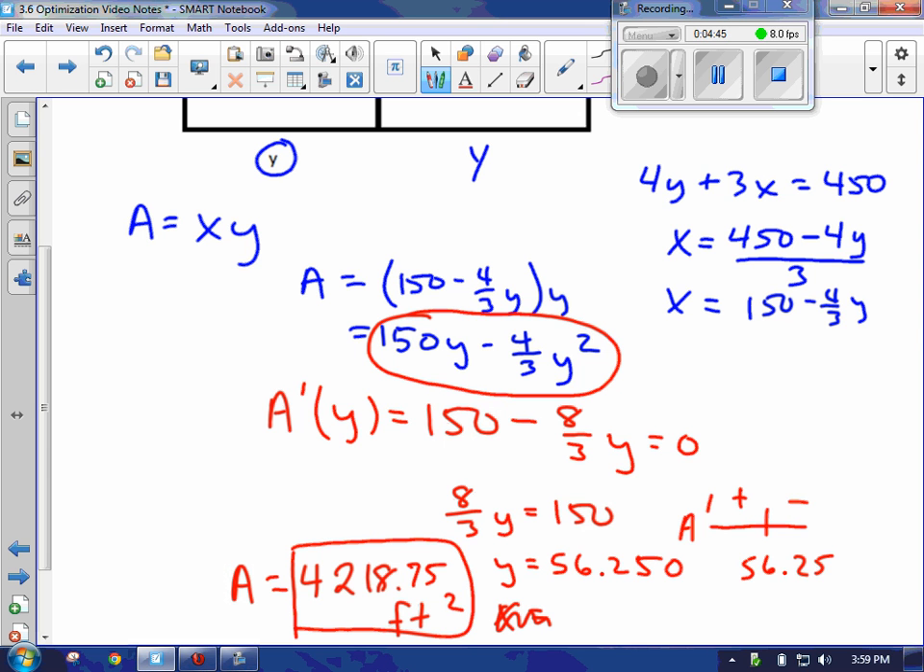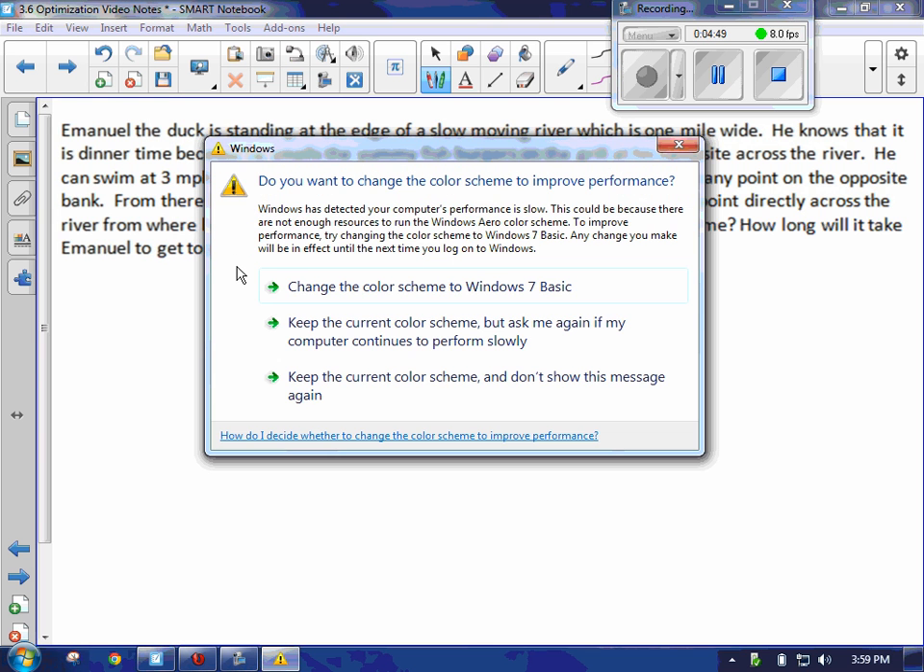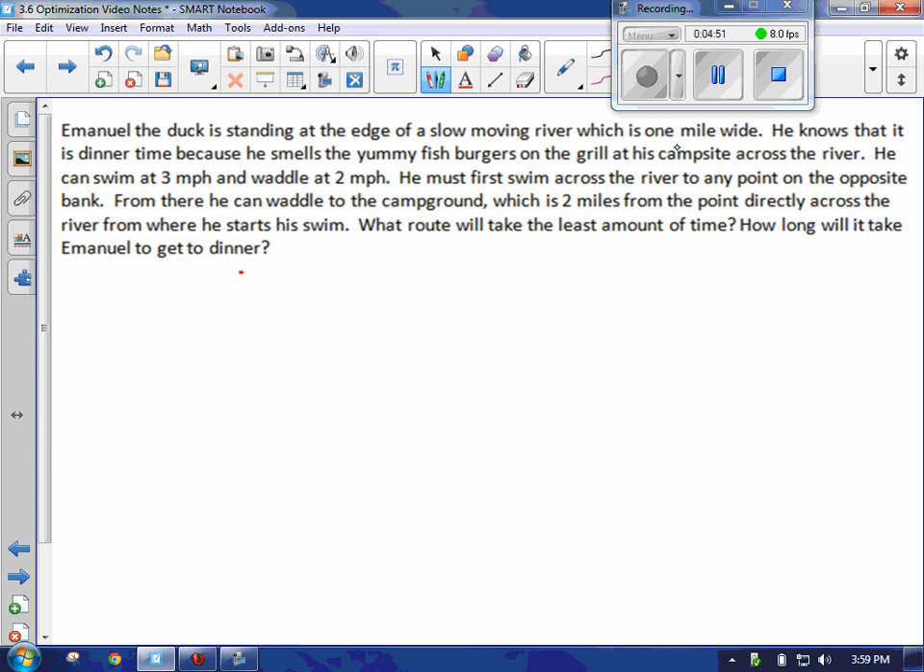Alright, so the very last lesson example that we're going to do is example 5. Back to Emmanuel the duck. I wish that would go away. Okay, so